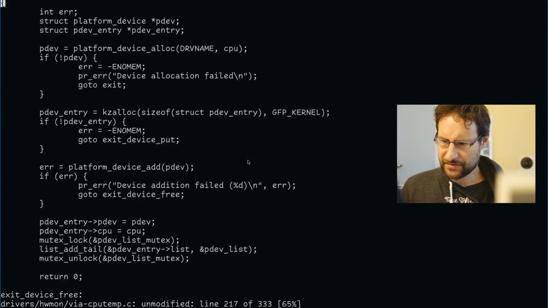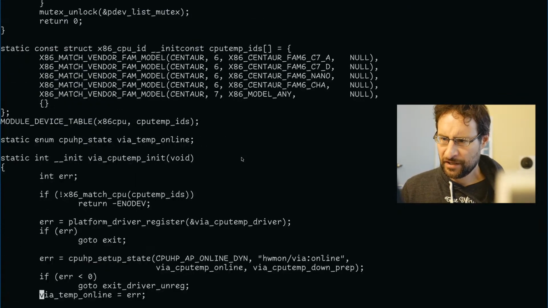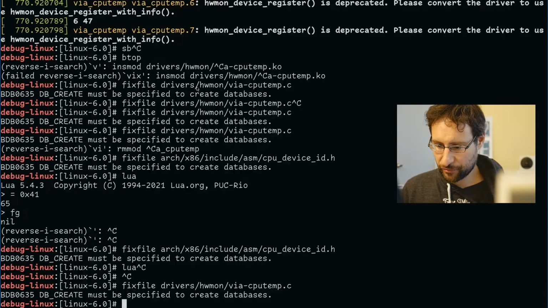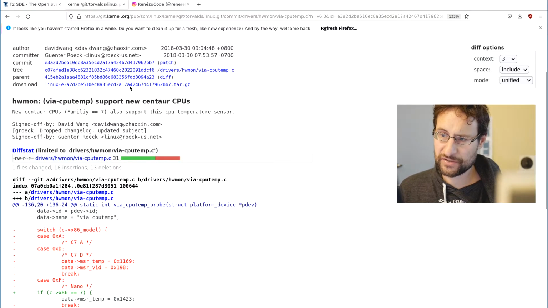So yeah, need to add this here to this matching table, and how that works is there is some Linux kernel specific x86 match CPU thing, otherwise you get ENODEV. Obviously I got ENODEV, right? So I patched this in there, and in retrospect it's not a surprise that this works, because looking at that here,